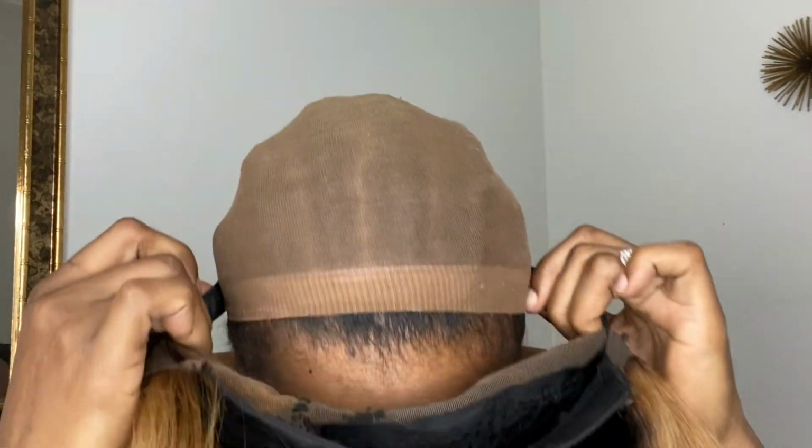Now, for this install, every install whatsoever, for your lace to hold, you have to clean the surface off. So I'm using 91% alcohol and that works great. I'm putting my baby hairs out the way, and then I'm going to line up my wig. Yes, I'm going to line it up before I start adding my